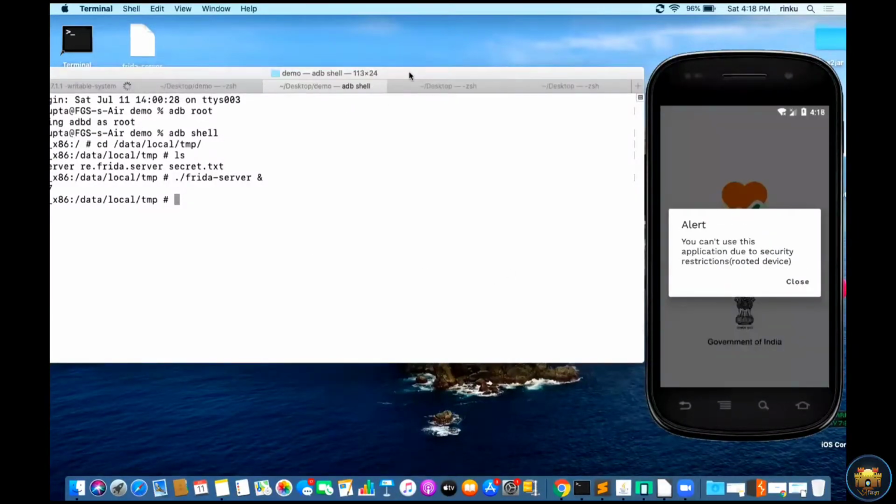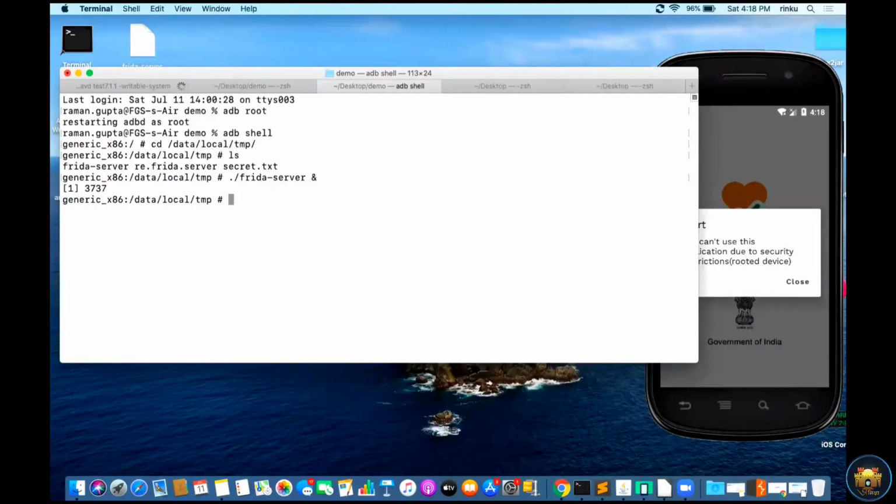So I try to gather the process IDs of all the applications with frida-ps -U. Oh, sorry, I am inside here.